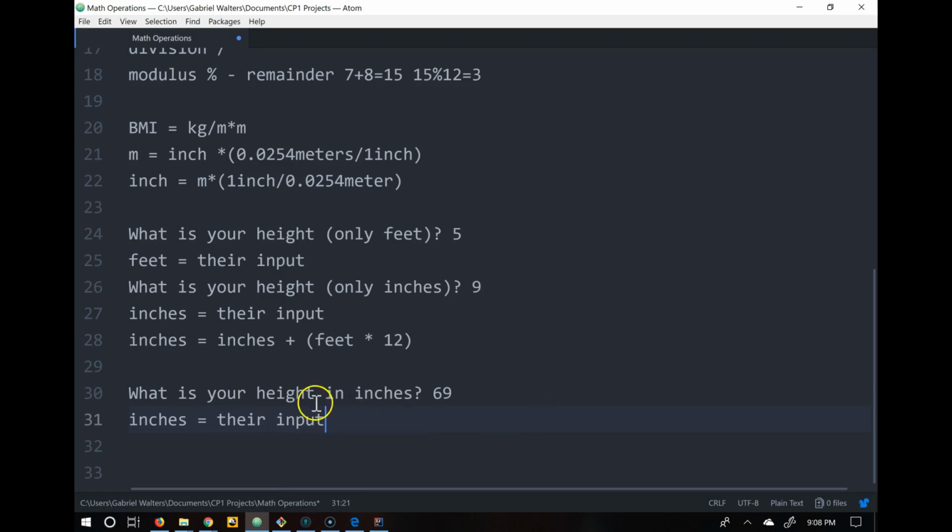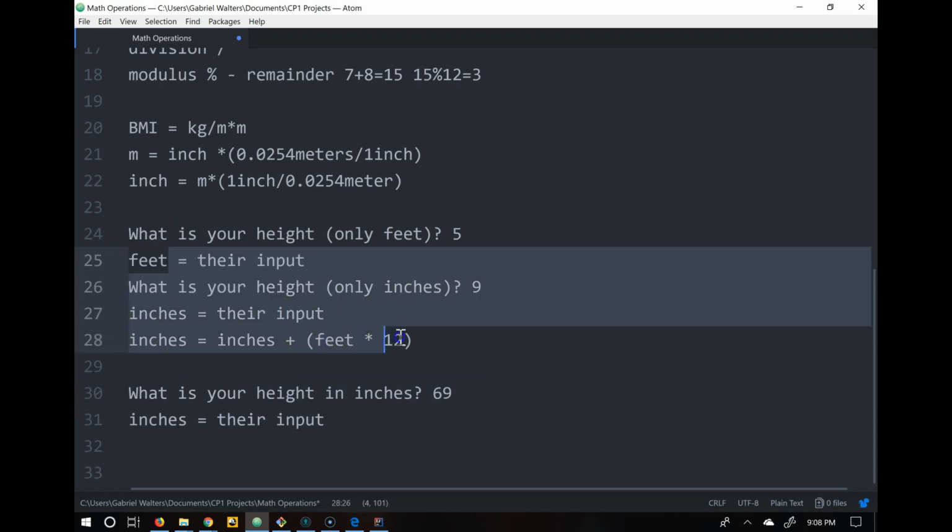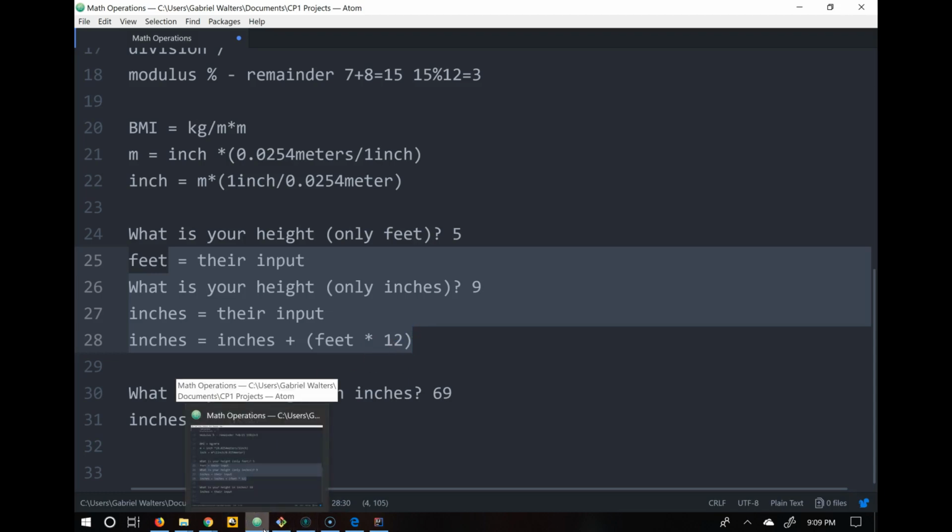Okay, so this does the same thing, but we did the conversion. We made it a little bit easier on them. They didn't have to do the math themselves. Okay, so the math tester, I want you to play around, making sure that you're getting the inputs, and then